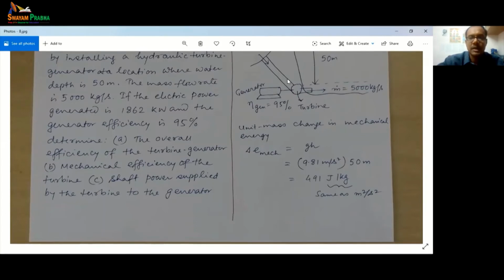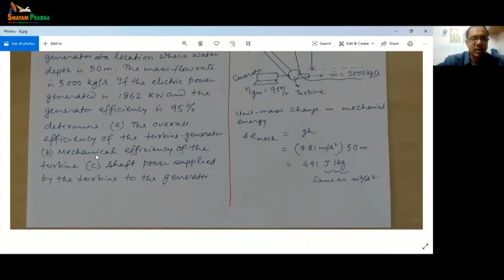Okay, turbine, just like motor and pump, turbine and generator are put together because the turbine does the physical mechanical conversion, and then the power is put to the shaft, which goes to the generator and generates the electric power. Okay, so this turbine generator you can think of as the opposite of the pump motor system that we have looked at, where the input is electrical power. Here the input is mechanical power and the output is electrical.